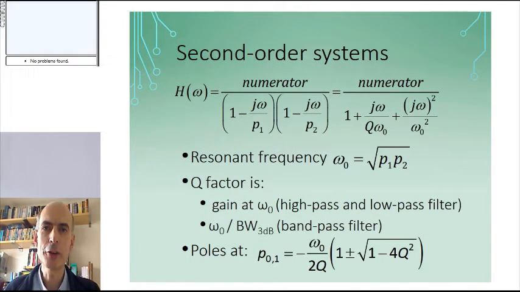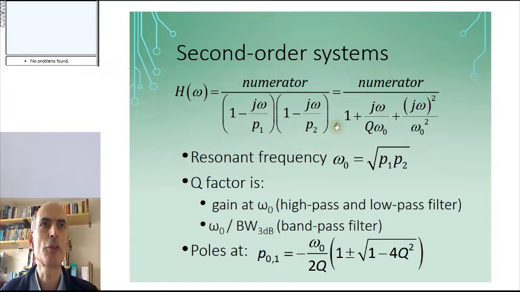First, a quick reminder of second-order frequency responses. In the general form, you can write the denominator, that's the terms containing the poles, in this format, having factorised the quadratic that we get in the denominator into two terms, one corresponding to the first pole and one corresponding to the second pole. However, we don't usually do that because solving the quadratic equations is a bit tiresome, so